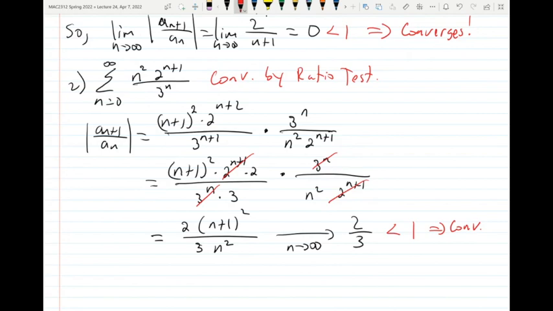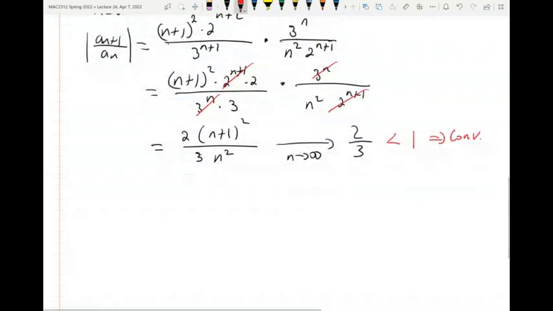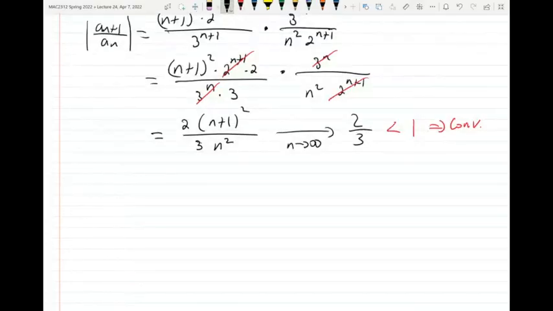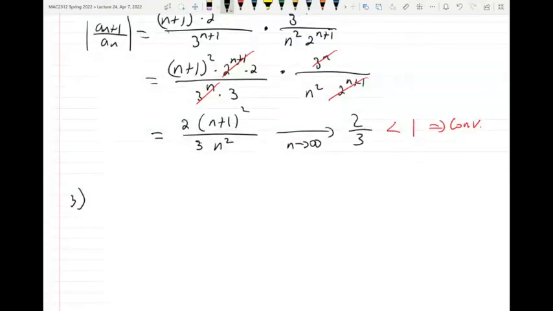For example, if instead of a 2, that would have been, let's say, a 5 to the n+1, then you have a 5 here, right? That's very different, so the limit would be 5 over 3. It would be bigger than 1. What would be the conclusion? Divergence. Okay? And then, I guess, for number 3,